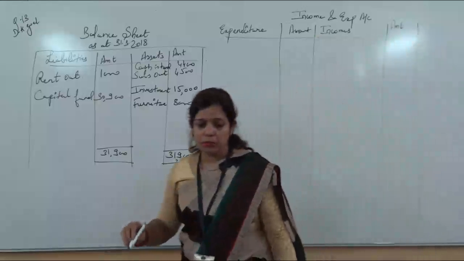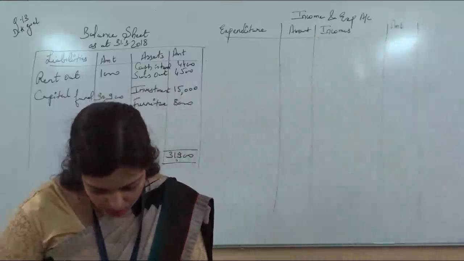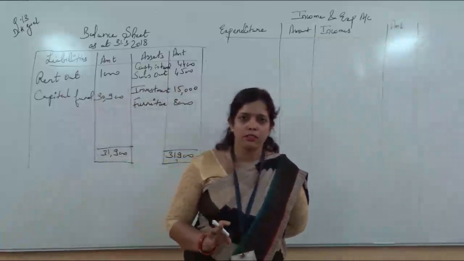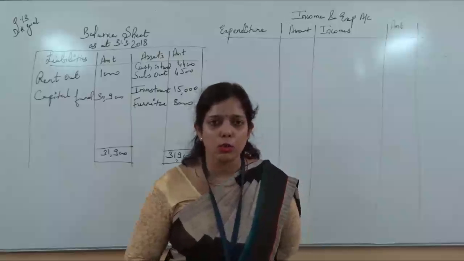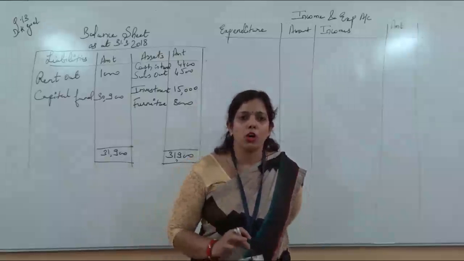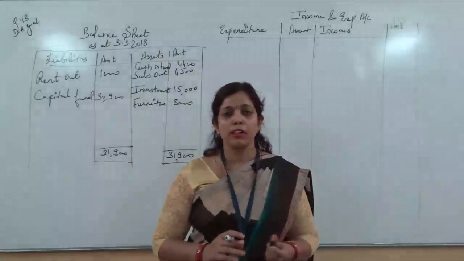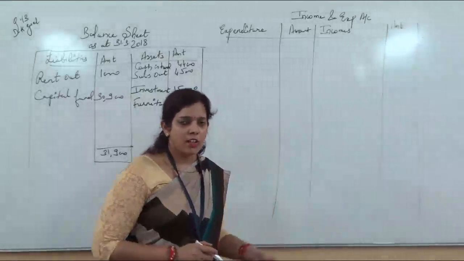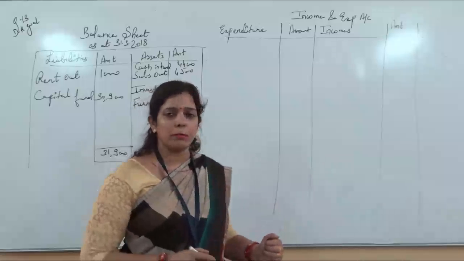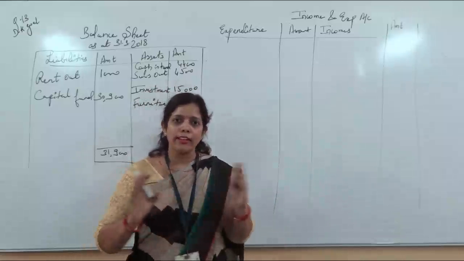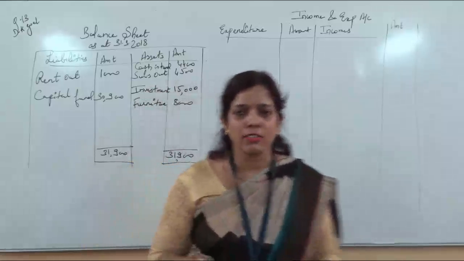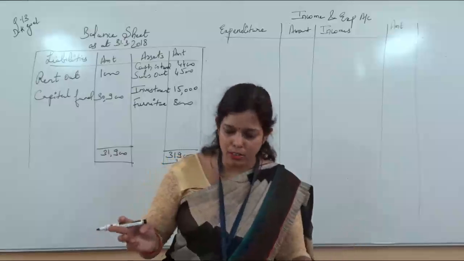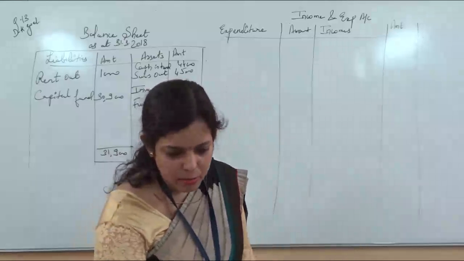Now take the items. You can see in the question. First of all, you should always try to do all the adjustments. As we have seen in class 11th also, I always asked you to solve all the adjustments first, if you remember, and then take the remaining items from the trial balance. Similarly, here also the same rule we will apply. First of all, we will solve all the adjustments and then we will transfer the items either to income and expenditure or to the balance sheet. So first of all, let us solve all the adjustments.